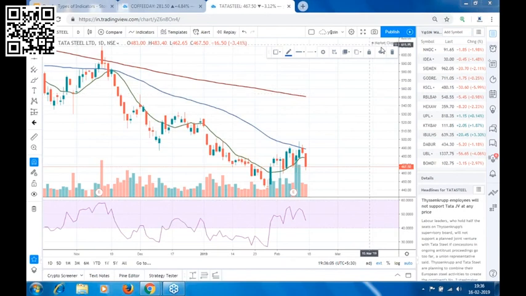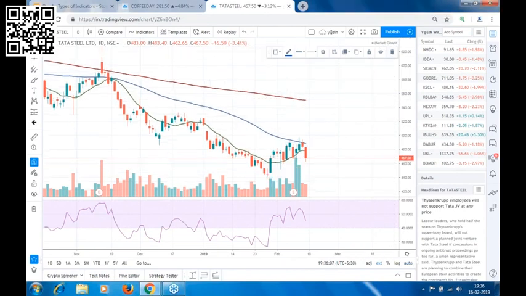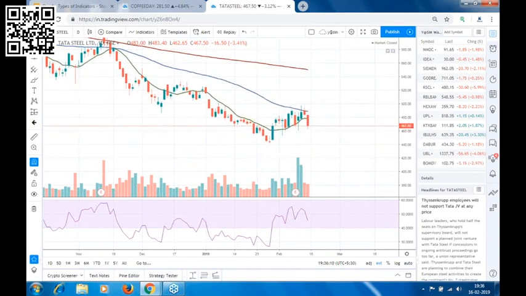Now another stock is Tata Steel that we gave. You can check it, it's on 31st Jan, I think. This date, or this is 30th Jan, this candle was formed. The stock was in a downtrend. And when we saw this big candle, this is a big candle.